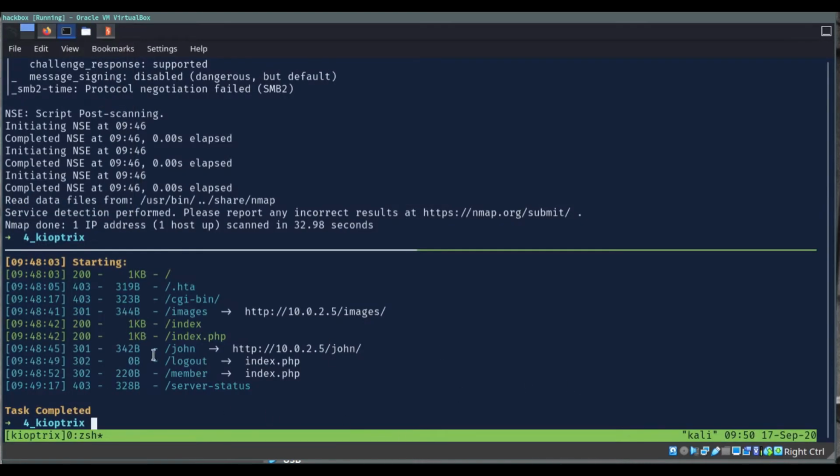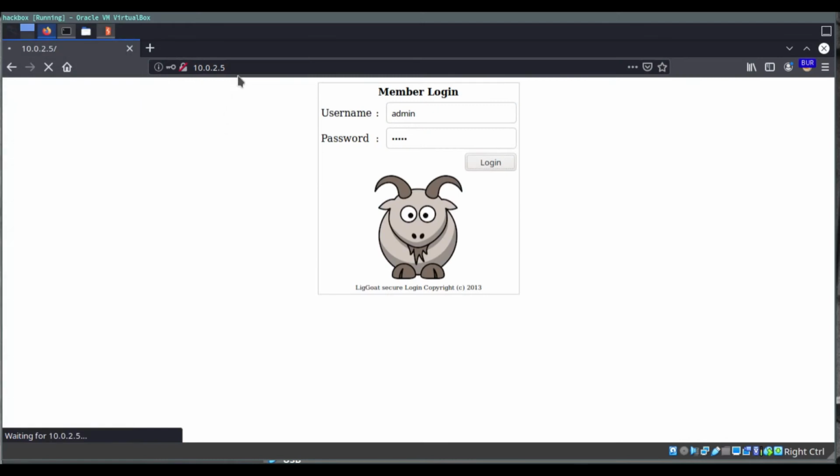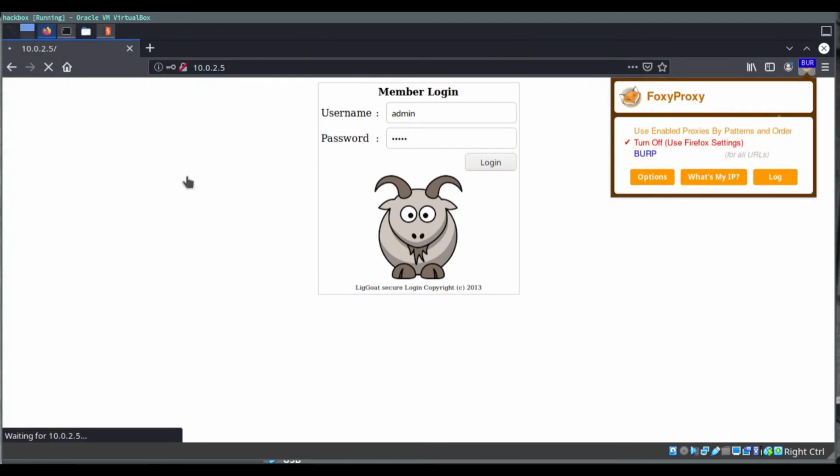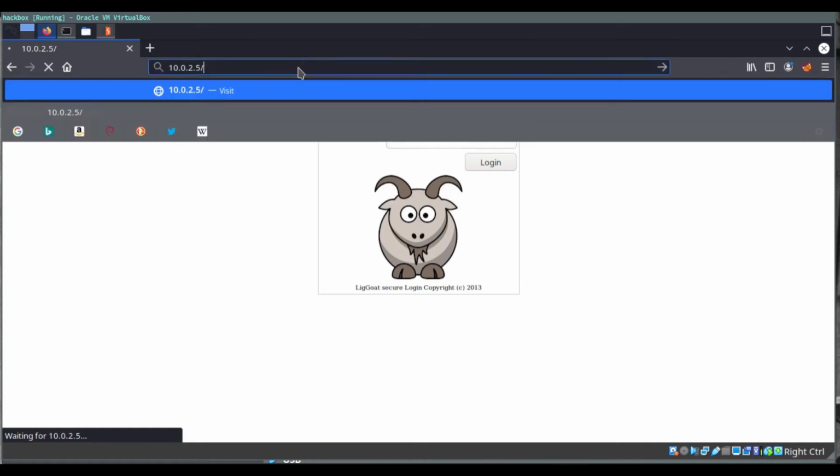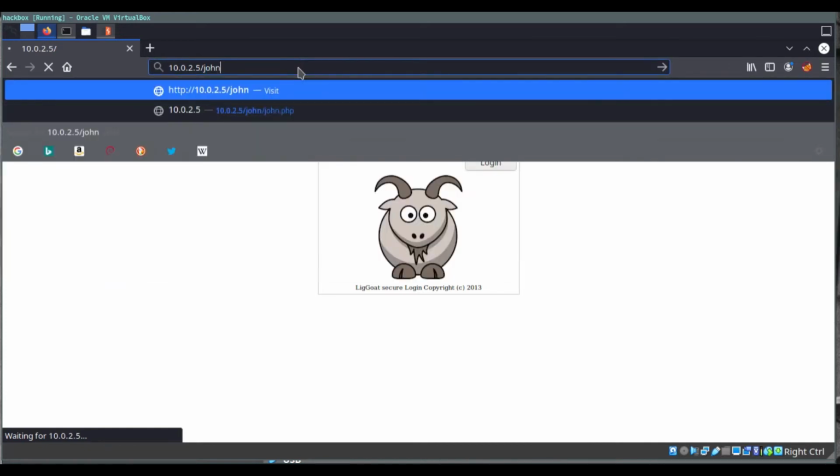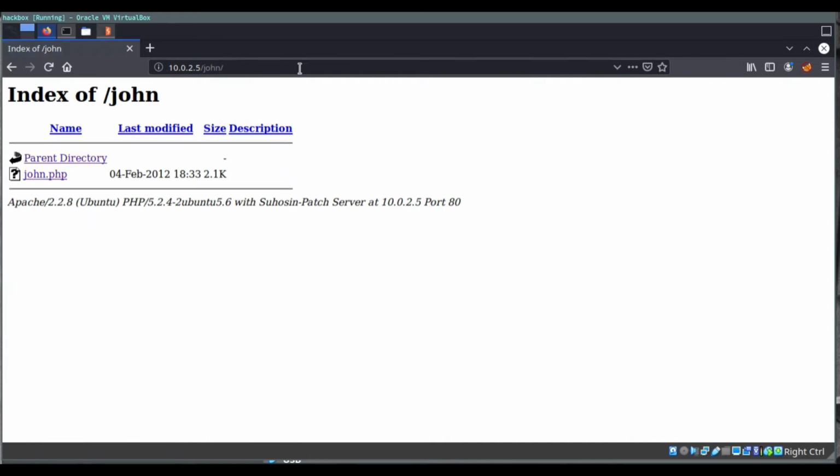Looking into the result from dirsearch, we can see there is a subdirectory called john, which leads to 10.0.2.5/john, and then there is logout, member, server-status, and so on. What's interesting is john. The reason that it is interesting is because it looks like some kind of a username. Maybe if we could brute force the password or figure out if we could log in through the username, that could help. That is john.php,